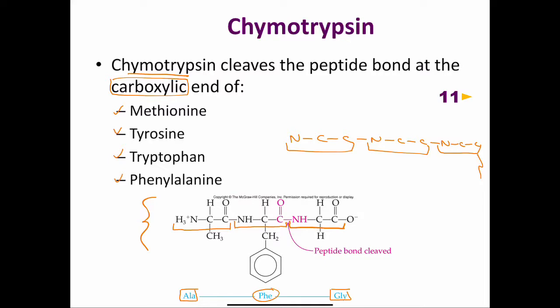Well, where is the carboxylic end of my phenylalanine? Well, I have my nitrogen here. Here's my alpha carbon, and this is the carboxylic end, right? If I just had phenylalanine, this would be a carboxylic acid, but of course I have an amide bond here, so it's an amide. So this is the peptide bond that's going to be cleaved. The peptide bond between alanine and phenylalanine, that one's not going to be touched at all because it's at the carboxylic end of alanine, and that is not one of the four amino acids that is cleaved by the enzyme